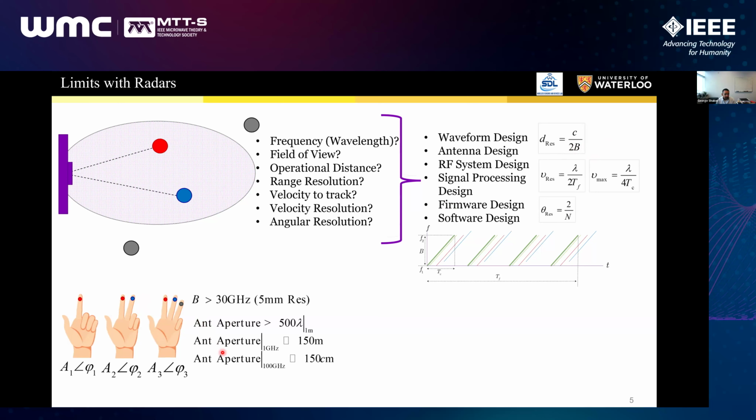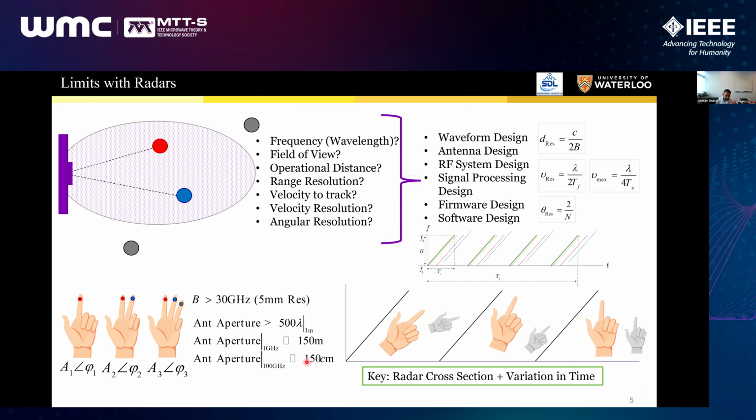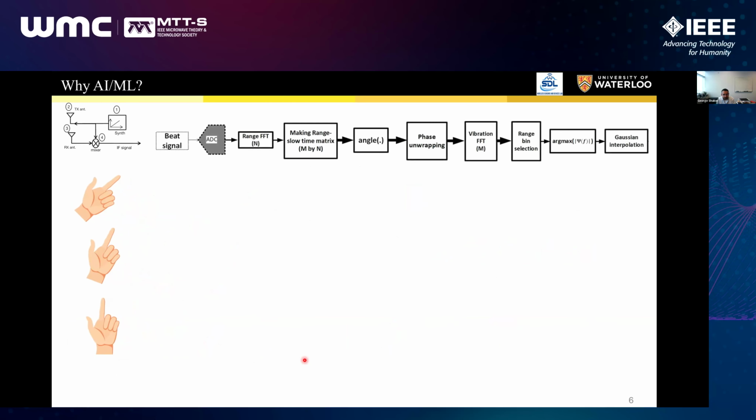So for simple object detection of just the fingers, of just the gestures, you can see how challenging this problem can be. Of course, there's another piece there: gestures are not fixed in time. So basically, when you have a certain gesture, your hand moves, your finger moves with time in a certain way. And when we observed this, we looked at the traditional